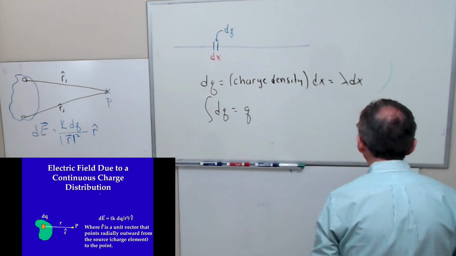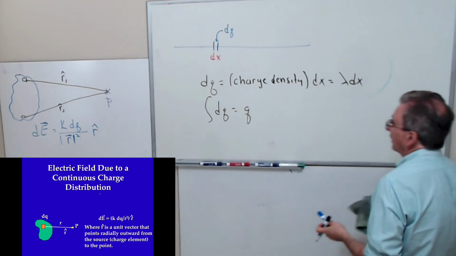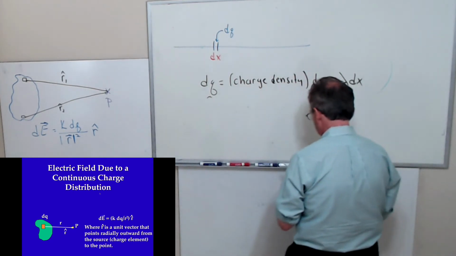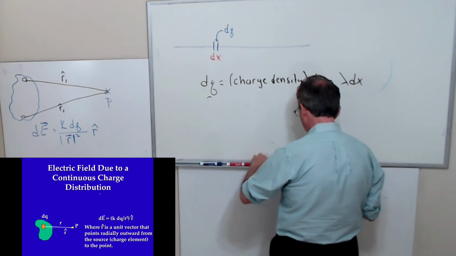Now, if it's 2 dimensions, we're dealing with a surface. So if I have a ring of, not a ring, but a disk,